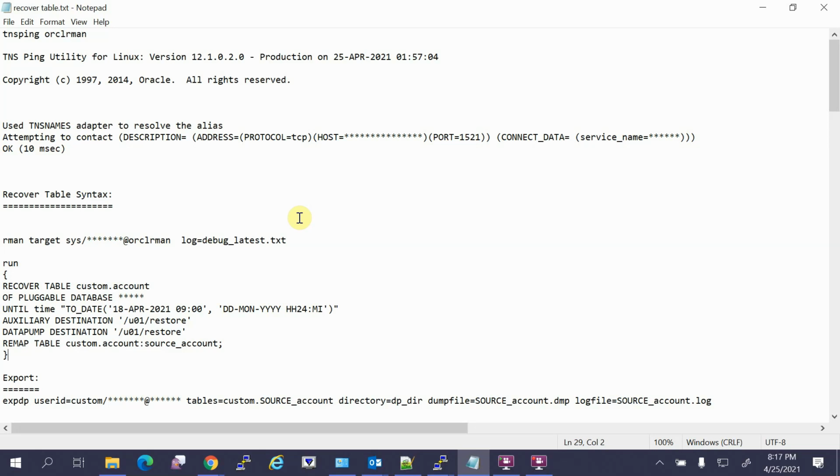Various suggestions poured in, and one guy said, why can't we refresh production from the RMAN backup taken just before our activity to the test environment, then export the table from the test environment and import it.